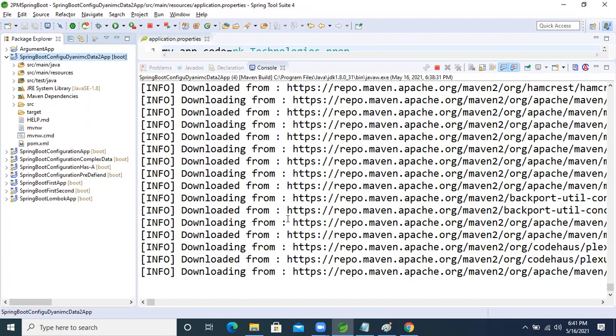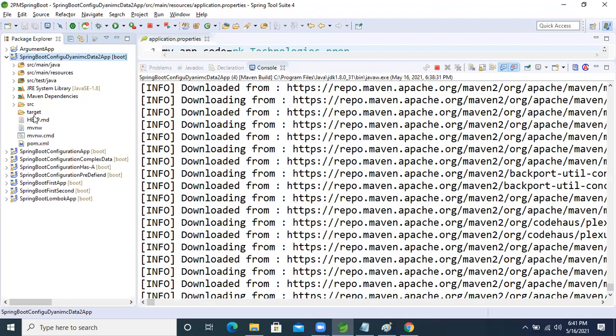It depends on the internet speed, guys. Okay, internet speed, it's taking time. Because the required files are now downloading from the internet. After that it will build the jar file in the target folder.